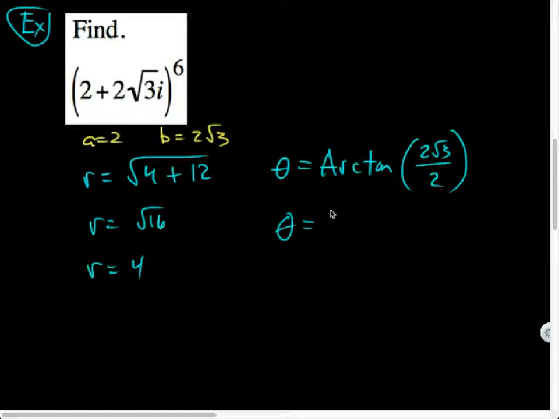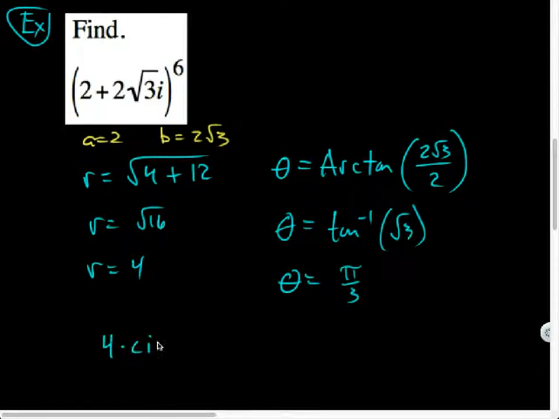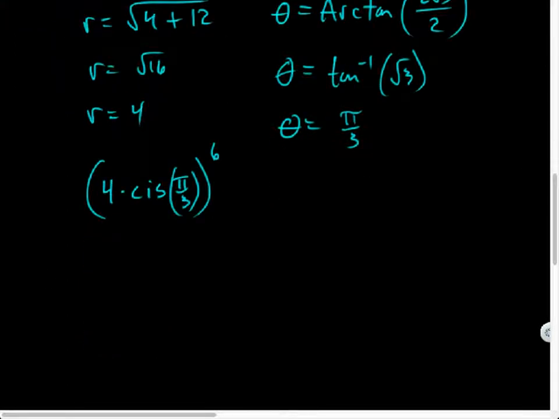So here we go. Theta is equal to arctan of that, which is the same as the tan inverse of just plain old root 3. And notice I don't have the plus pi here. Why? Because the value of a was positive. And tan inverse of root 3, when does that occur? Is that 60 degrees? I think it is. Or pi over 3? I think so, yeah. Seems to make sense to me. So that means this is the same as 4 times the cosine plus i sine of pi over 3, all to the 6th power. So if I want to analyze this situation, that means not only is r equal to 4